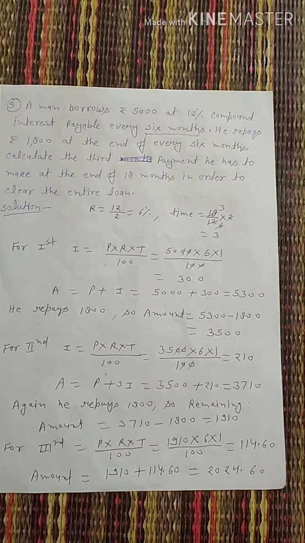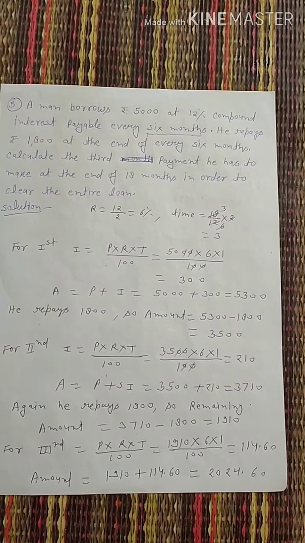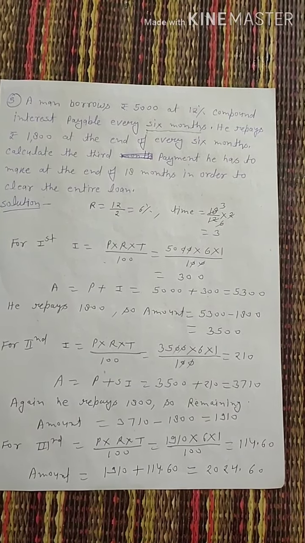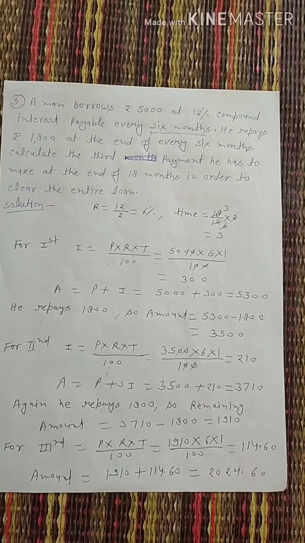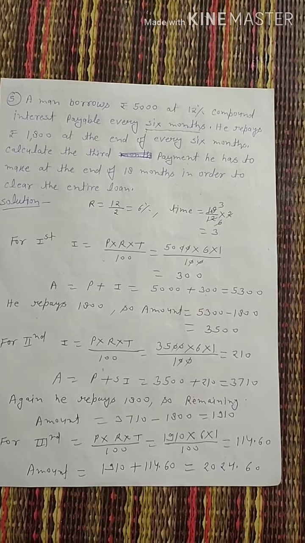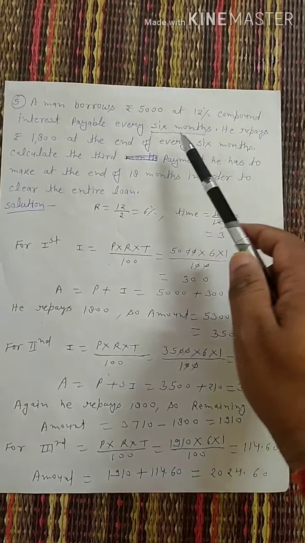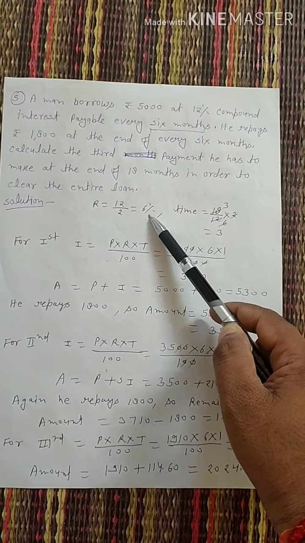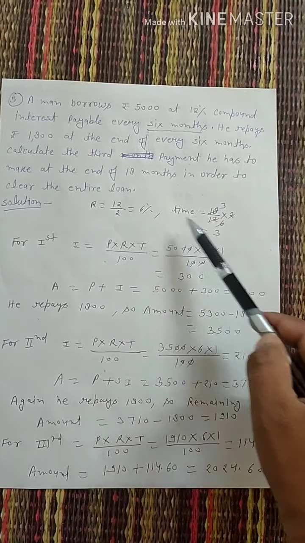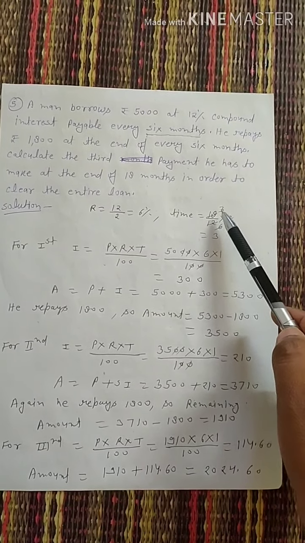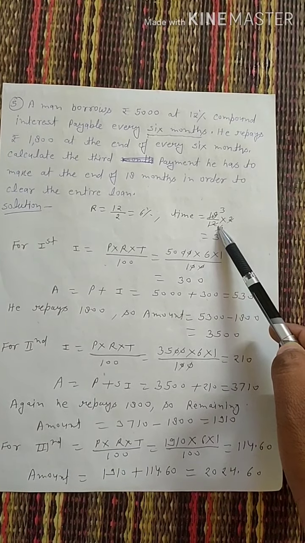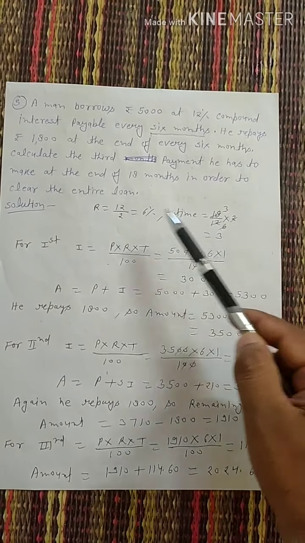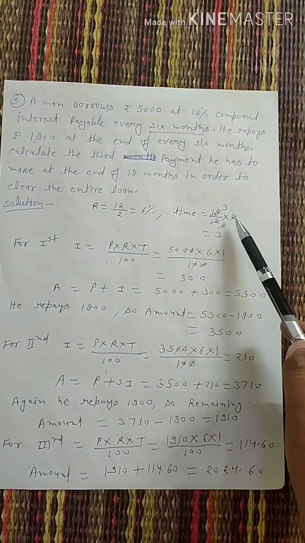loan. Means whenever compound interest is found on 6 months or half yearly, then the rule is the rate is divided by 2 and the time is multiplied by 2. So the rate is given 12%, so 12 divided by 2 is equal 6%, and time is given 18 months. So first convert into years, so divide it by 12 because 1 year is equal 12 months. So 18 upon 12 into 2. Okay, rate is divided by 2 and time is multiplied by 2.